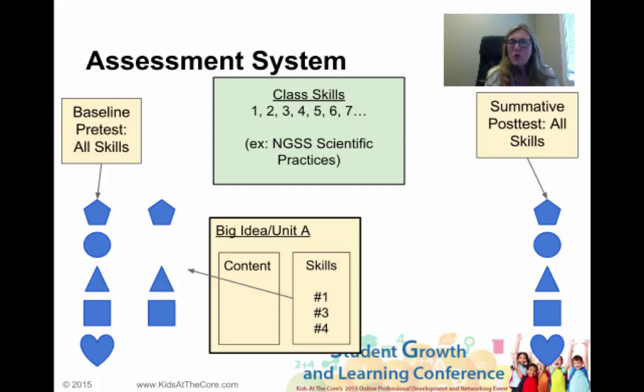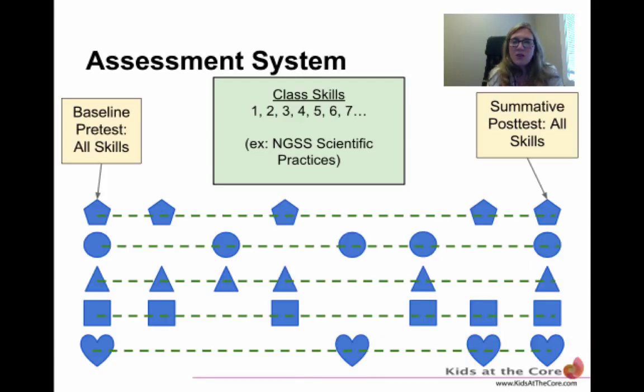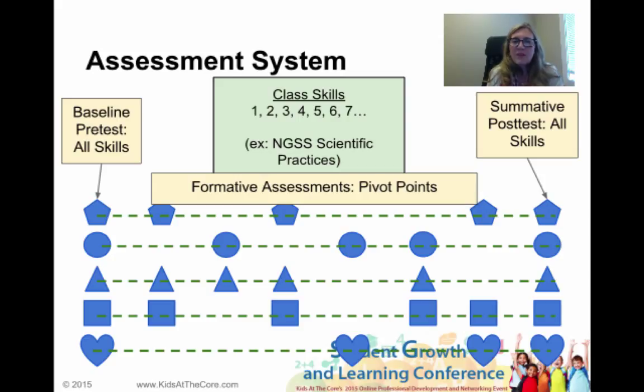We're showcasing skills 1, 3, and 4. So on our unit test, we should be able to measure how they're doing in those skills. We should be able to then on Unit B look at skills 2 and 3, and so on and so forth, developing an assessment system where over time we're looking at the improvement in those specific skills. Each one of these assessments can be formative and therefore direct us in how we can better teach those students